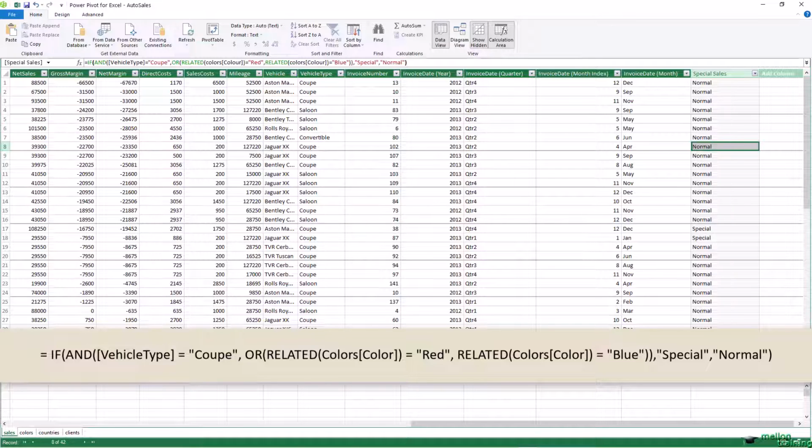First, you have stated that the test is in several parts, all of which must be true for a record to pass the test. This is done by using the AND function and then separating each individual test, of which there are two in this example, the vehicle type and the color. Second, you have told DAX that the second test on the color can be any of several possibilities, two in this example. You did this by using the OR function and separating each individual test by a comma,